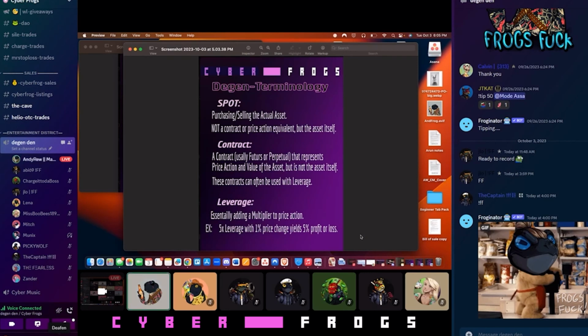So we're going to start by just talking about different terminology, and we'll really roll from there. There's two forms of trading that are going to be most commonplace. People refer to spot trading and/or perpetuals trading. Spot trading is what I personally really like, and that's what I generally go with as a spot trading account.